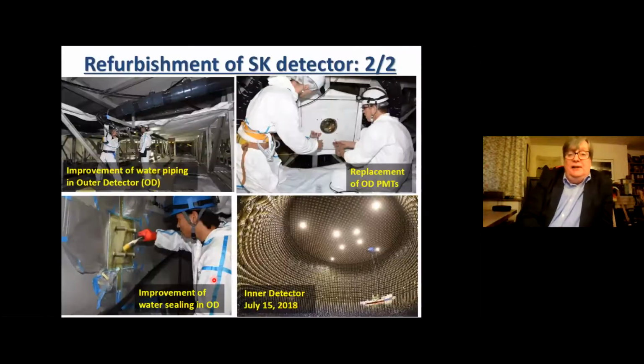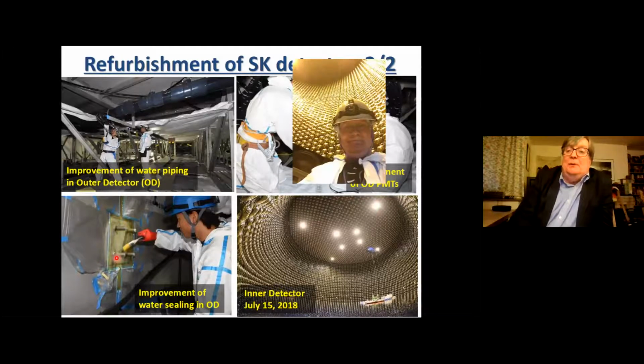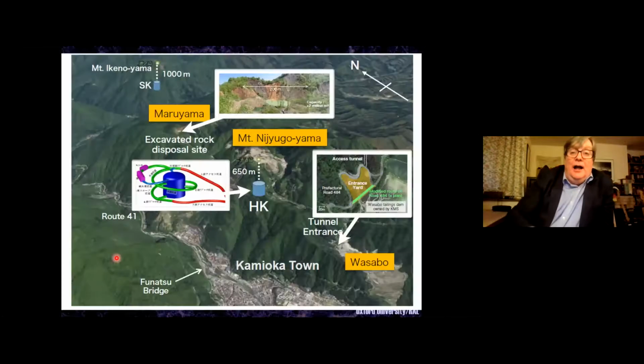Meanwhile, we've upgraded Super Kamiokande. Once again, the glories of physics include slopping glue onto bolts to keep the water from leaking out. This was all done so we could add gadolinium to the water in Super Kamiokande, so we could detect neutrons, which give us additional information, which is useful for all the analyses of Super K. And mainly I talk about it so I can show a picture of myself inside Super K. So, you know, I do some things other than sit in my living room and talk.